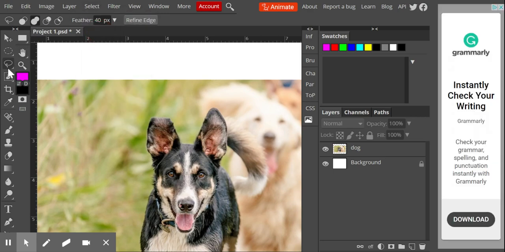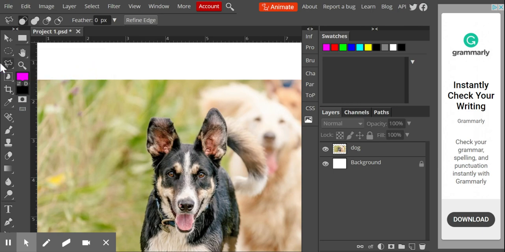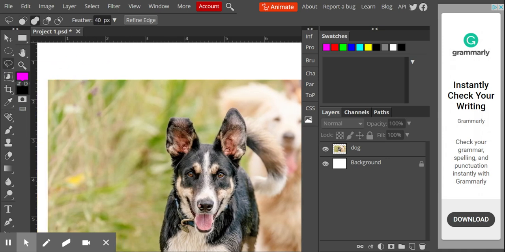Let's deselect that. Our next tool is going to be the polygon lasso tool. Where I use it a lot is when I want to extract out a skyline or something that's man-made. It has straight lines. It's a polygon. It's telling you that right then and there. And notice the L tool will have you scroll through it. As you can see, I could do an L and it scrolls through these right over here. So we're going to go to my polygon, and that means I can do straight edges and only straight